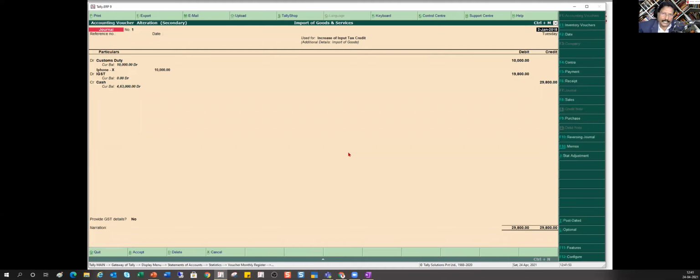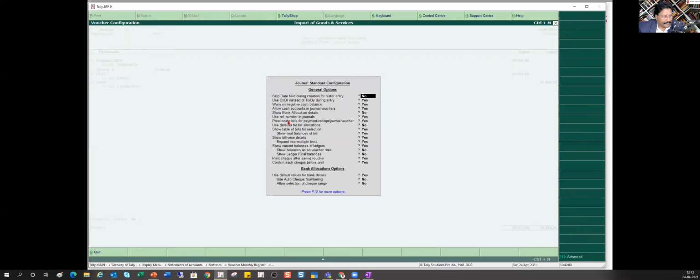If you want to enable cash and bank payment in journal entry, your secret number 2, F12 configuration. And here there is one option where it says allow cash account in journal voucher. If you make it as yes, then Tally will give you the cash and bank account on the debit side and also on the credit side. If you make it as no, then Tally will not list your cash and bank account.